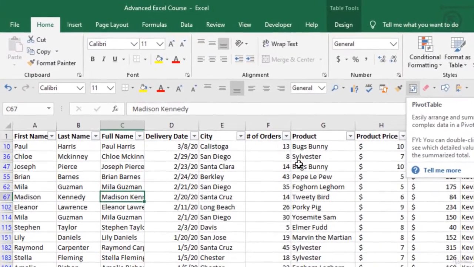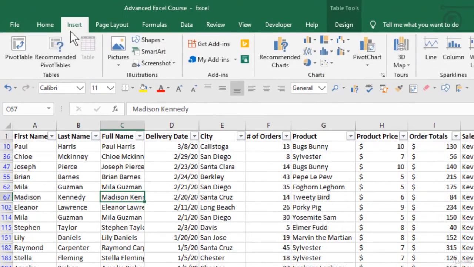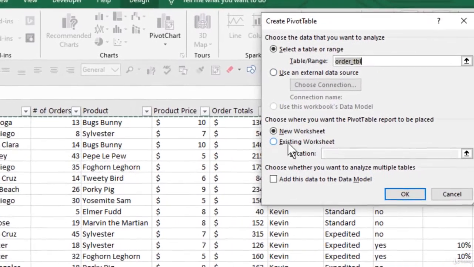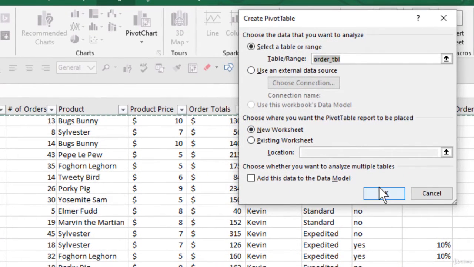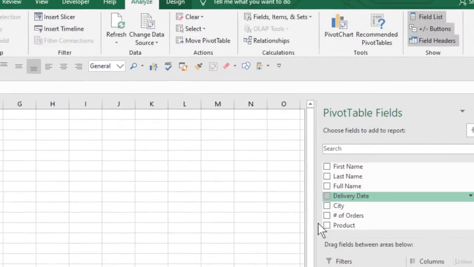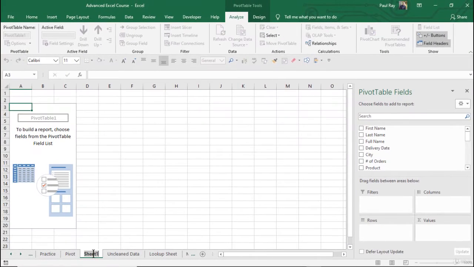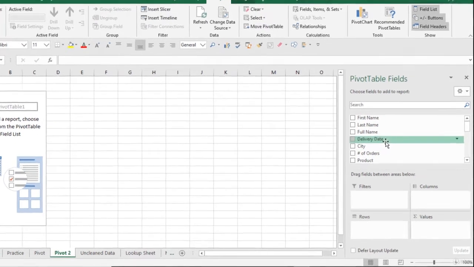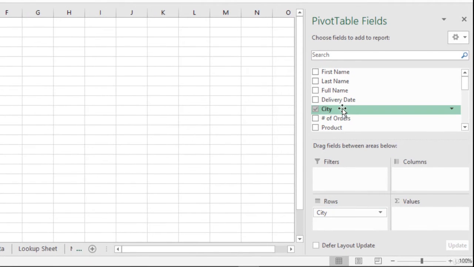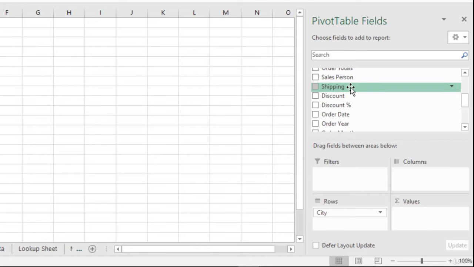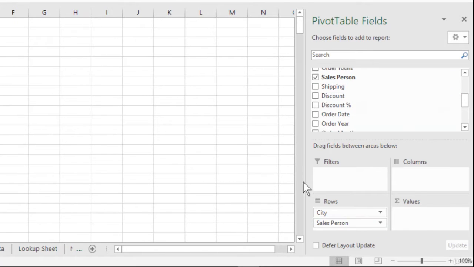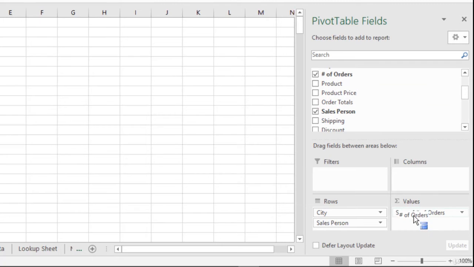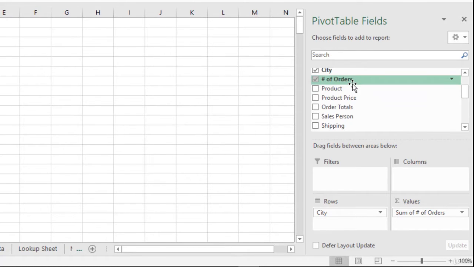I already have it saved here. But you could go to Insert, Pivot Table, New Worksheet, yes. Call this Pivot 2. Okay. Same as before. Let's go City. Let's go Salesperson. Let's put number of orders. There we go. Now for this one, actually, instead of Salesperson, let's go